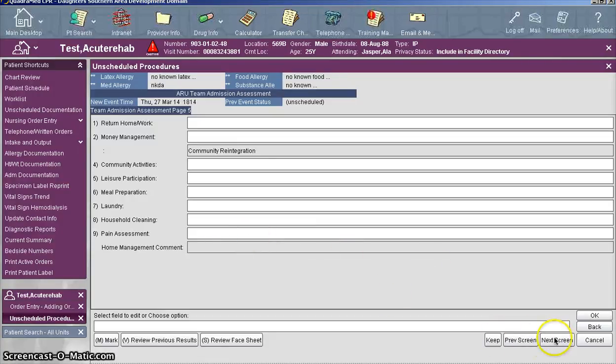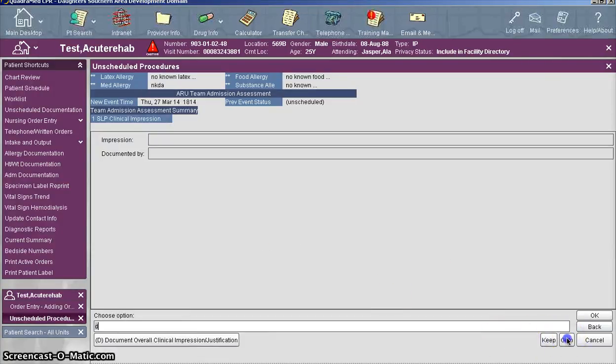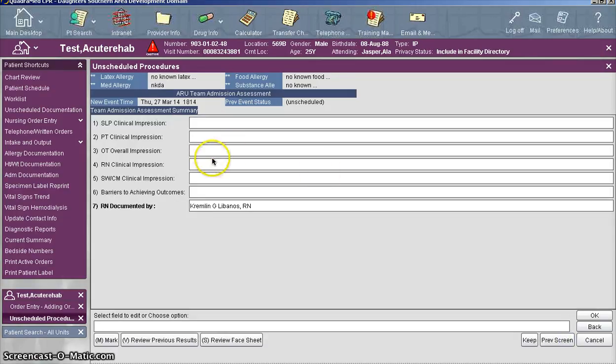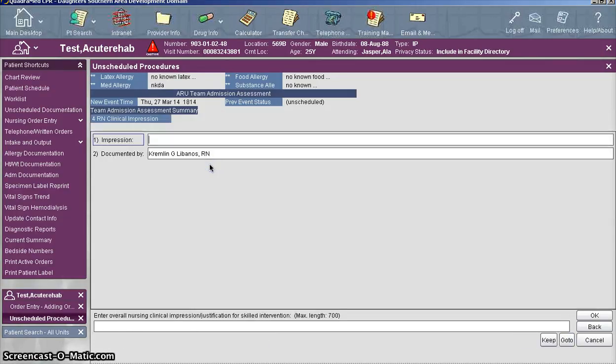After that, you go ahead and go to page 6, which is the RN clinical impression. In this area, you have to write a short narrative regarding the patient. You may type, alert and oriented times 4, denies or complains of pain at certain site. Patient is continent of both bowel and bladder. Once you're done documenting,